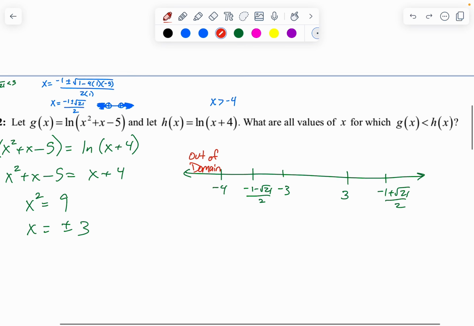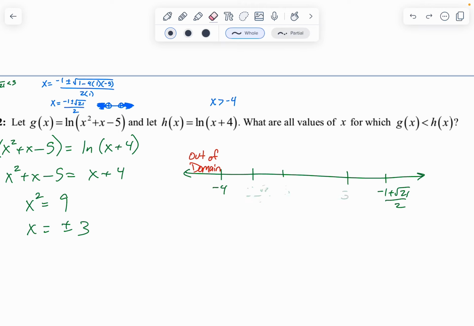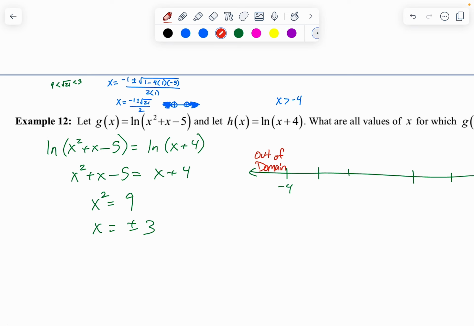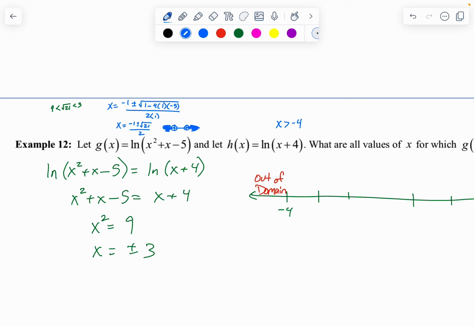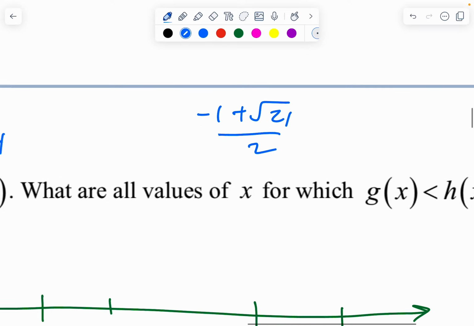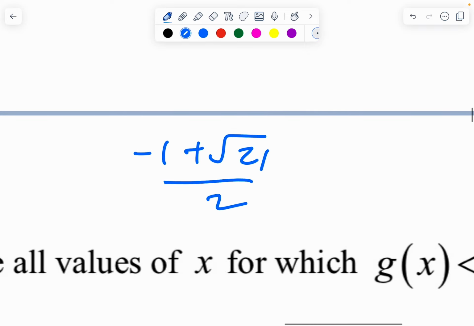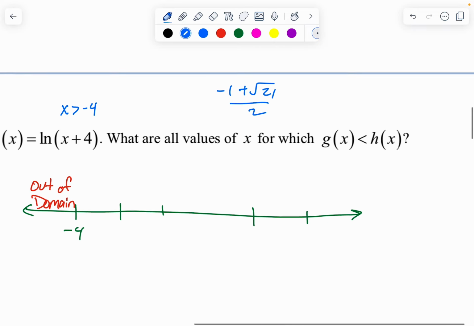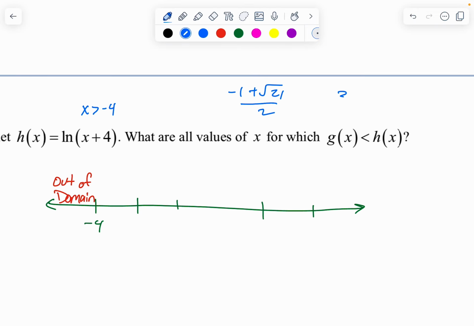Oh no, you guys, I was wrong. Hang on just a second. What happens here is I just don't know how to compare my numbers. So let's look at this one, -1 plus root 21 over 2. Root 21 is going to be bigger than 4, so -1 plus root 21 is bigger than 3, and 3 over 2 is 1 and a half, and then that is going to be less than